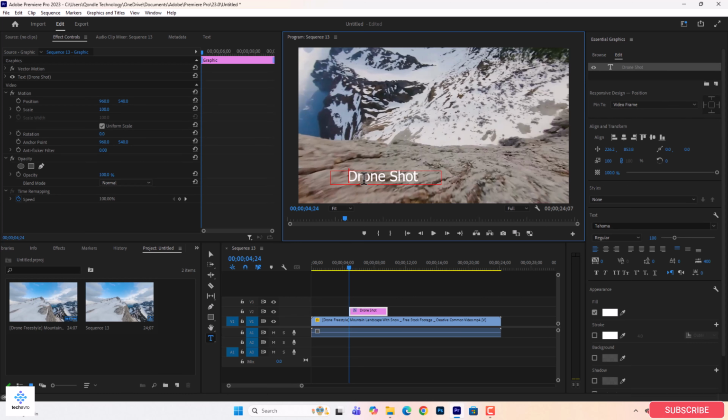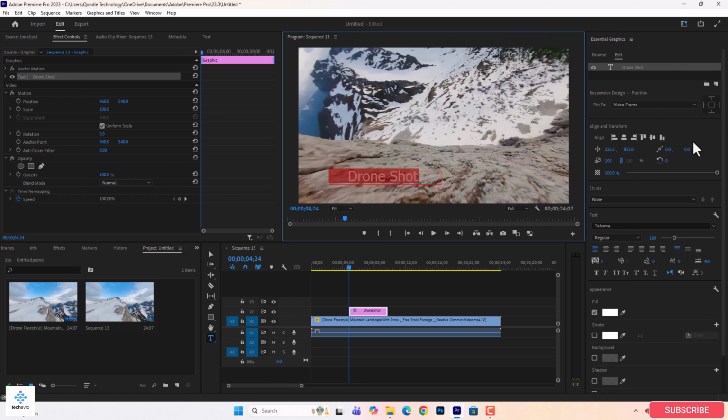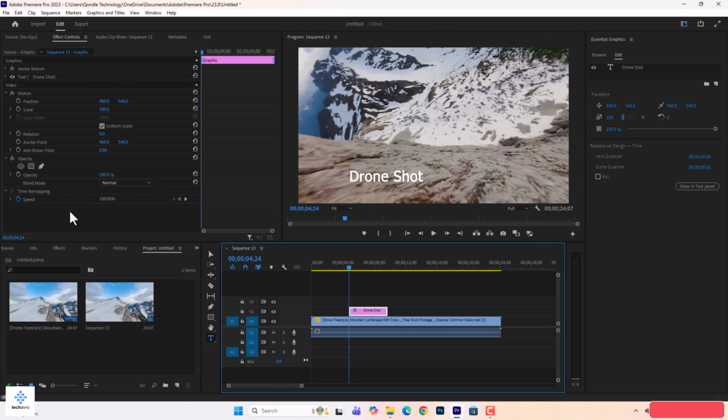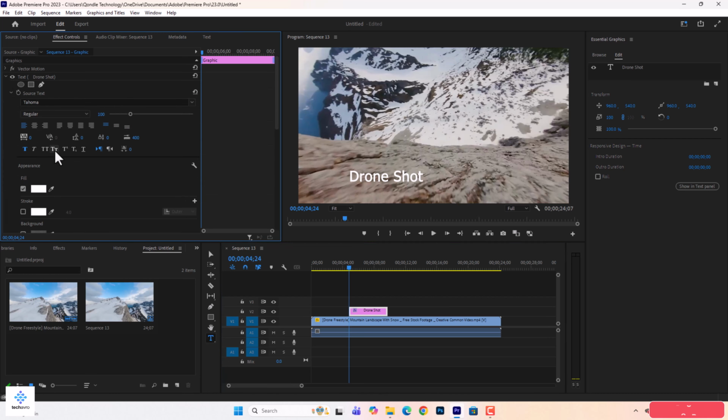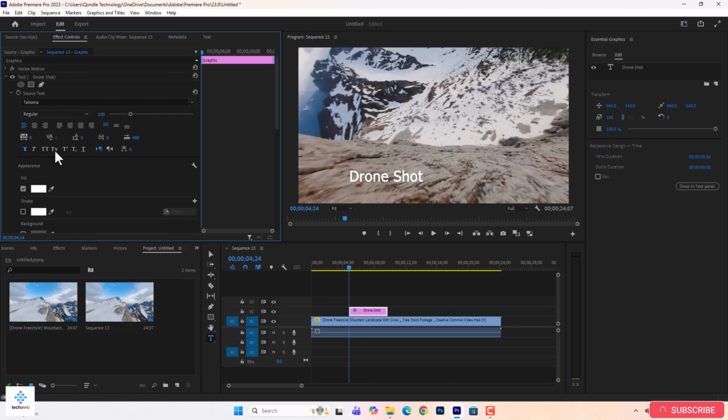Now type your main title. Then use the Essential Graphics panel to change the font, size and color. Now to add motion, go to the Effect Controls panel. Under Text, click Transform and use keyframes on the position or scale to make your title fade in, slide in